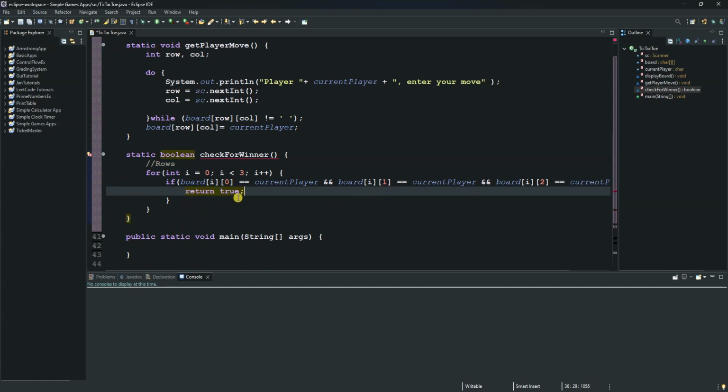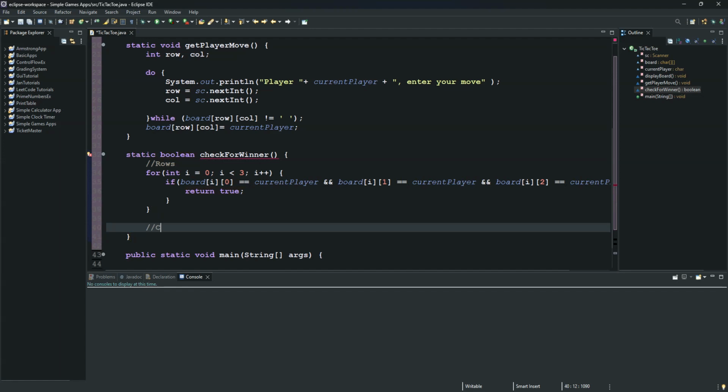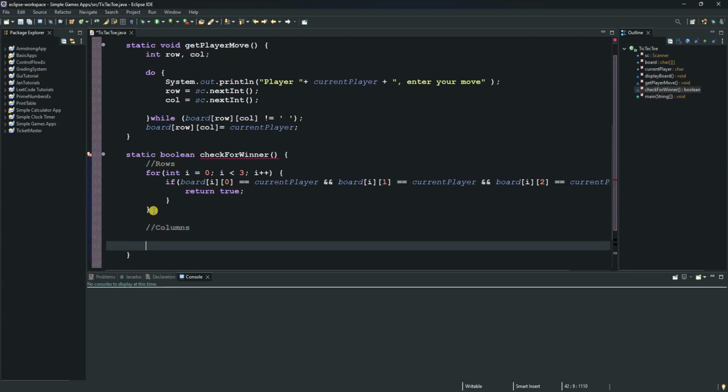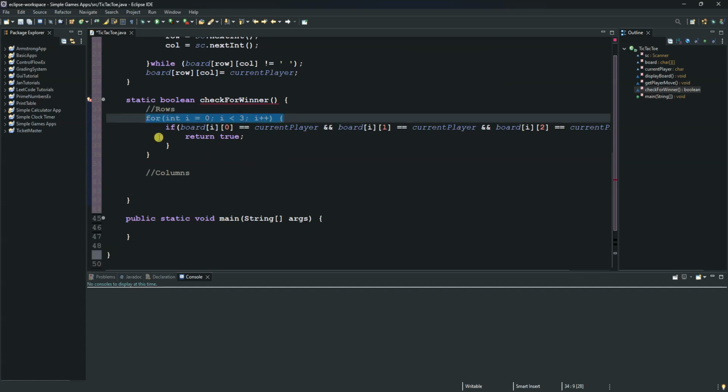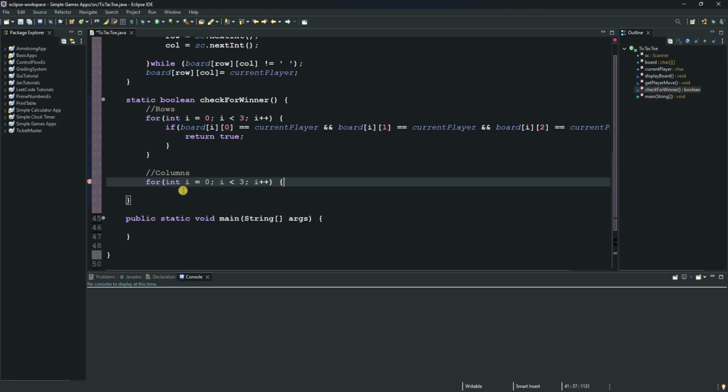And now let's check for the columns. So we check for the columns. So let's come here and say columns. Let's check for the columns. Alright, so we use another for loop, so let's just copy these to make our work easy. And then this one we use another variable, let's call it j, and then j, and then another j,